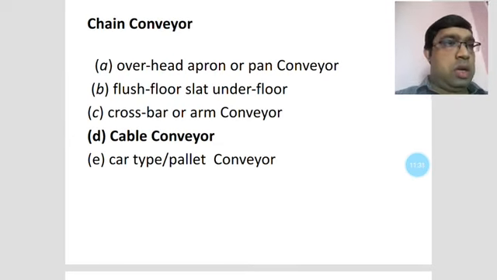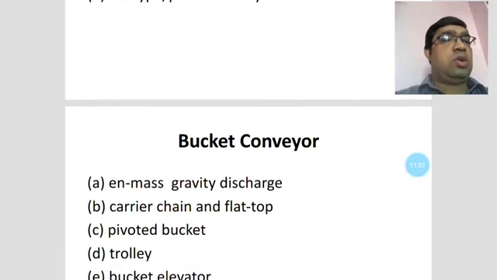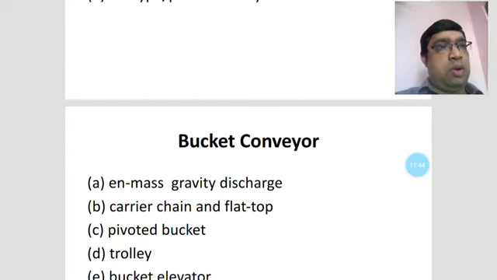and the cable conveyor is another one you have to consider. According to this, the ropeway also will be concentrated in the cable-type conveyors, and another thing to concentrate on is the bucket conveyor. The bucket conveyor is one part of the cable conveyor, because one bucket is hanging from the cable, and this bucket moves from one station to another station, and this cable is